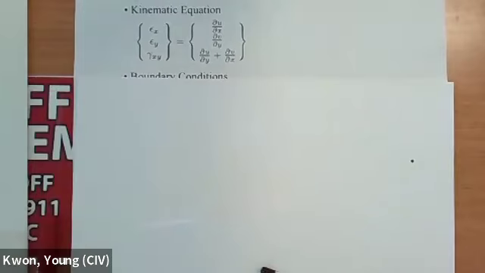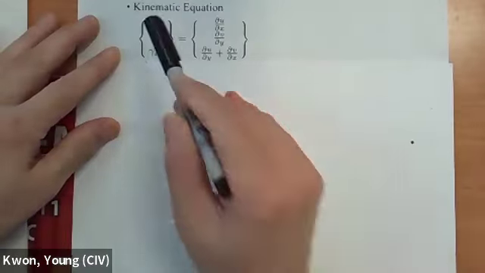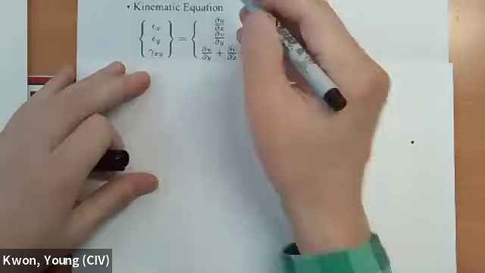Okay, so we talk about equation of equilibrium and constitutive equation. Constitutive equation is also called stress-strain relationship. So we talk about two sets of equations, and they are not good enough to solve the problem itself. So we need the last set of equations, which is called the kinematic equation, or sometimes called